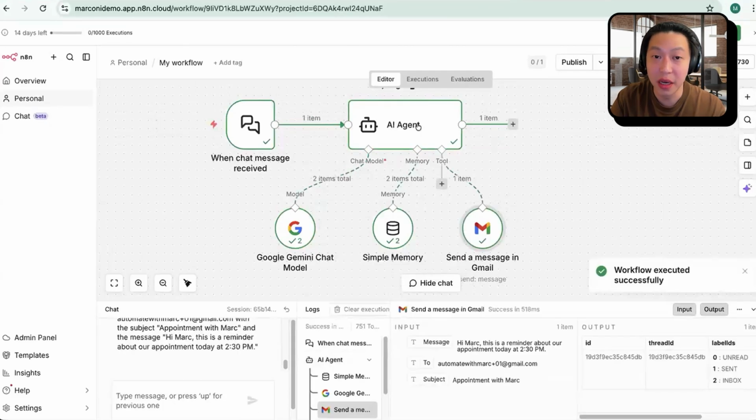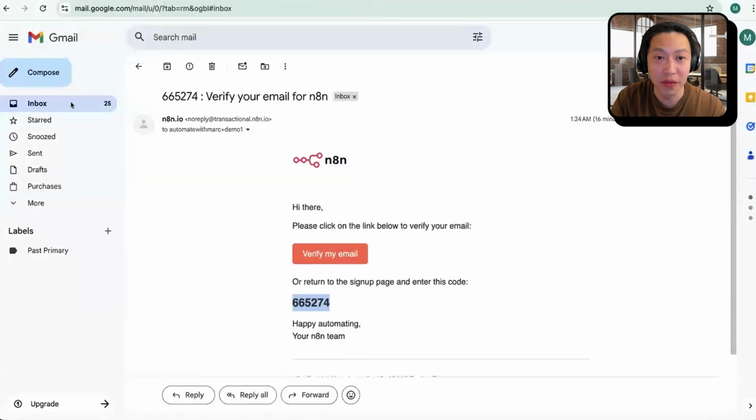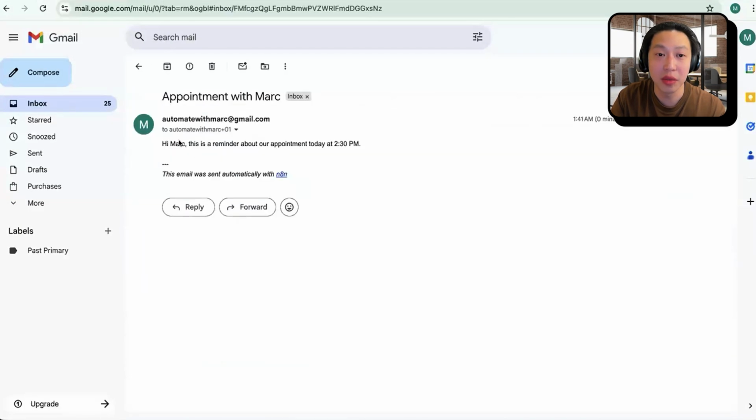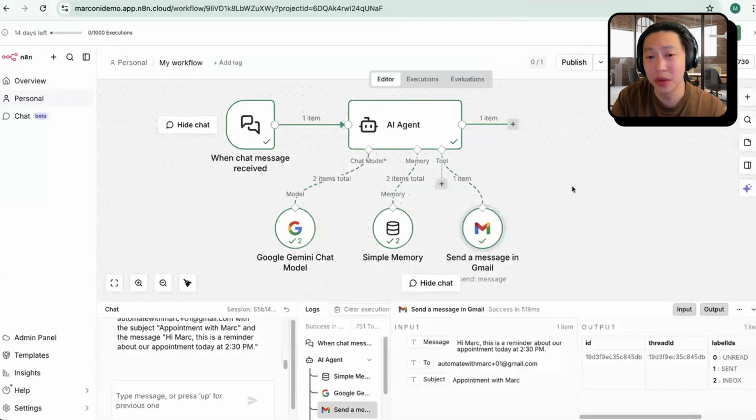All right. So here you can see that the green sign is actually going and using the LLM twice. It's referring to the memory, and it's also utilizing the Gmail tool here to send the email. So let's go to our email and see if we actually received anything. Here, I actually received, "Hi Mark, this is a reminder about our appointment today at 2:30 p.m." Right? So right now we have successfully created an AI agent that's capable of sending email on your behalf